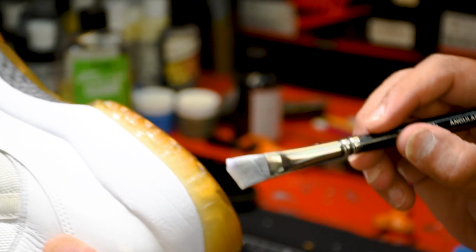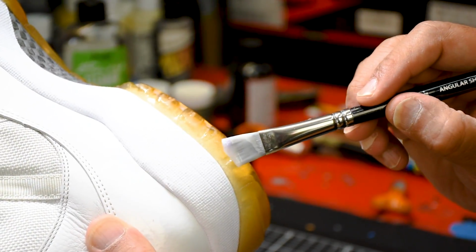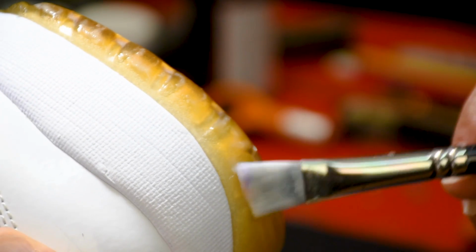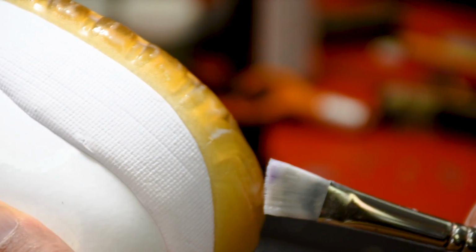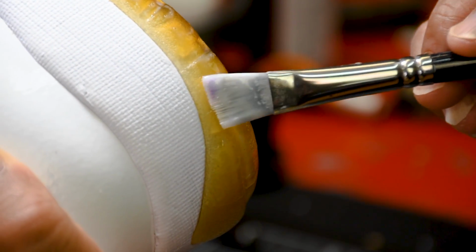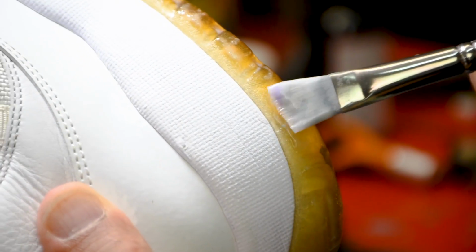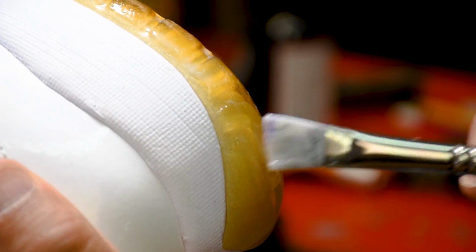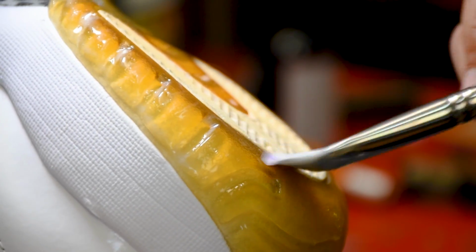All right guys, so from the side here, I don't start right at the edge. I like to put the icing application here in the middle and then start to veer away from the midsole area. That way you're still getting the application on the sides, but it's not so much where you have to worry about any kind of sole separation. If you start getting sole separation, that's a whole different animal, and it becomes a problem because now you have